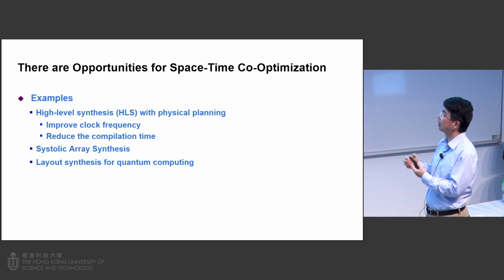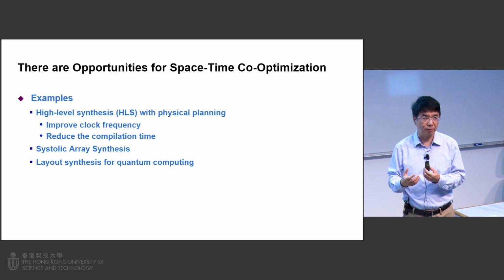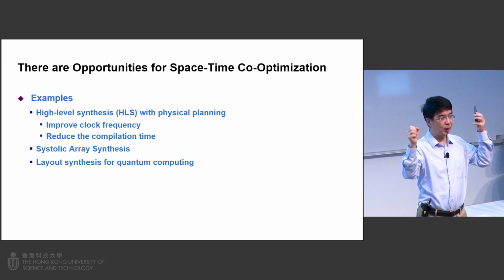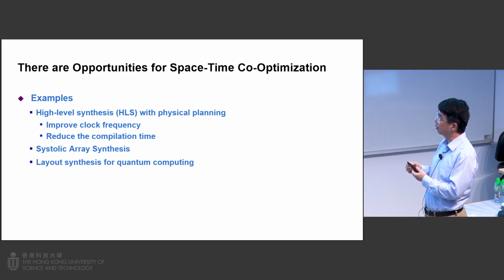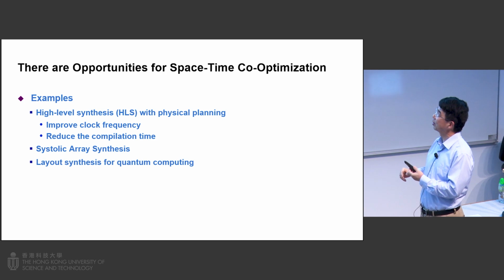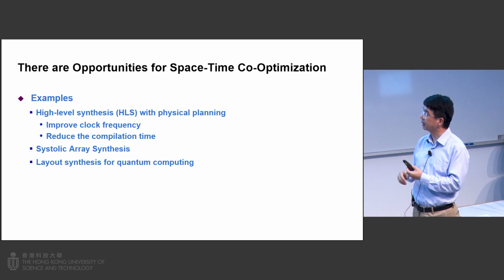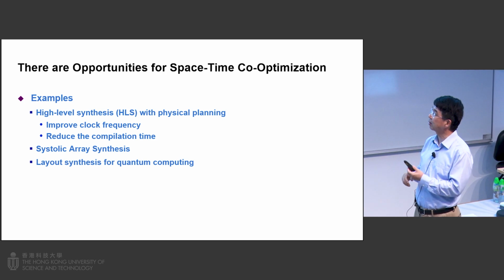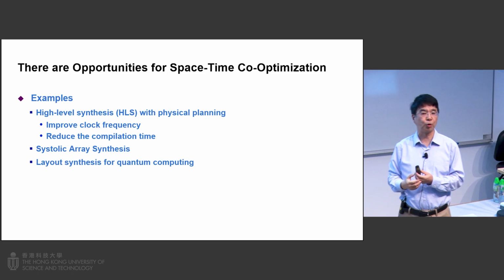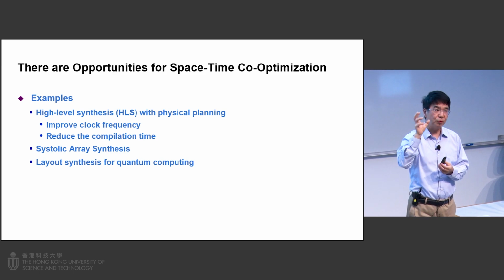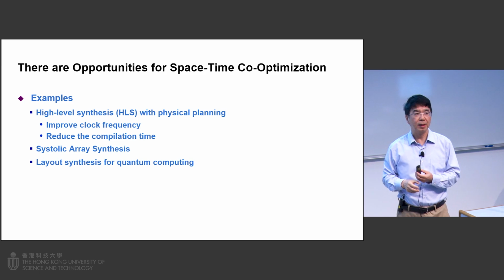In fact, there are a lot of opportunities, and I want to convince you that we can think about the space and the time together to optimize. Three things I'm going to talk about. One is physical high-level synthesis with physical planning. The second one is systolic array synthesis. The third one is layout synthesis for quantum computing, where you have to think about the space and the time